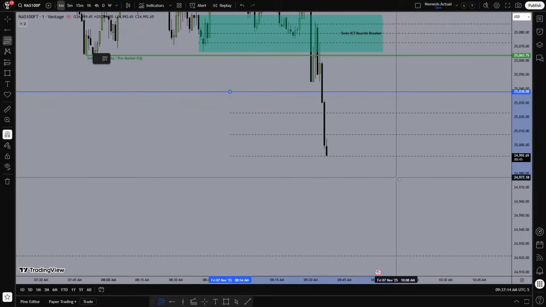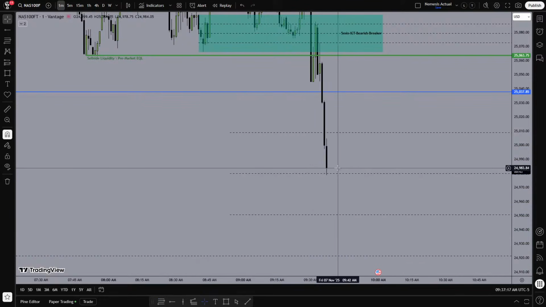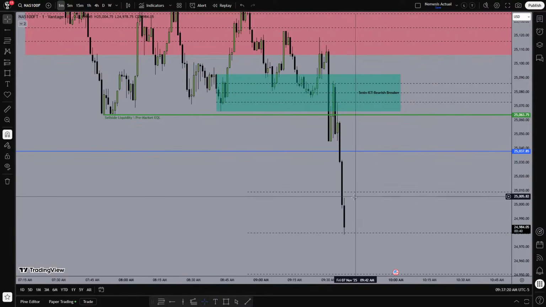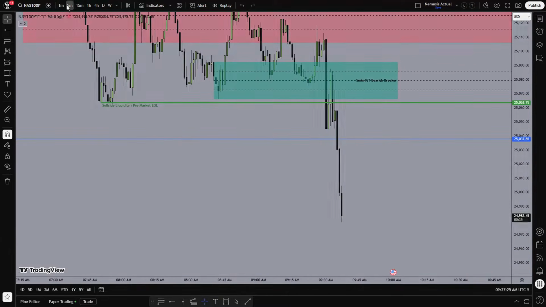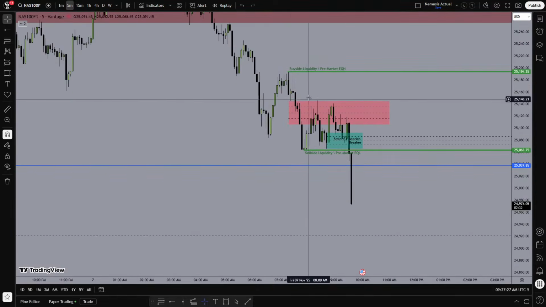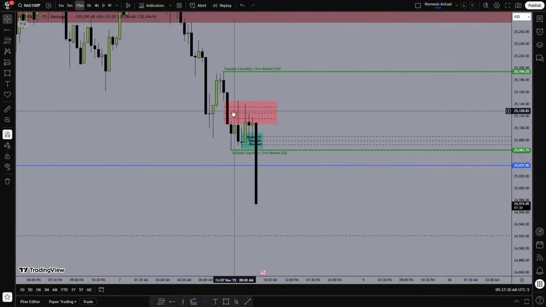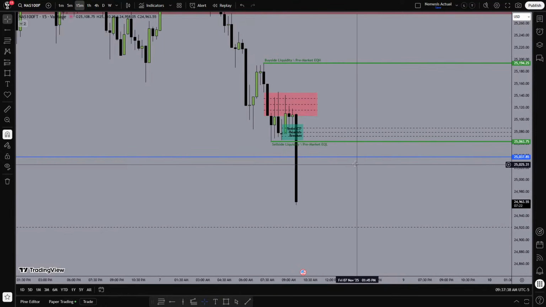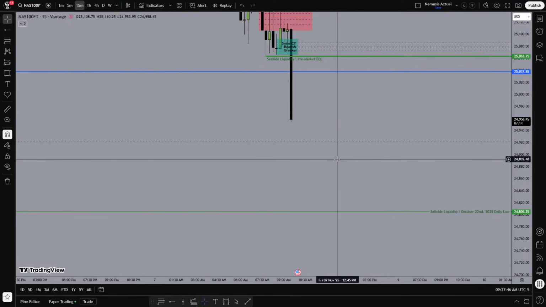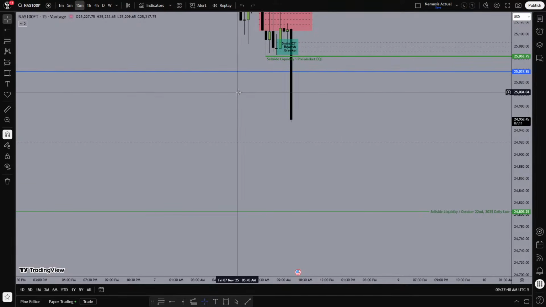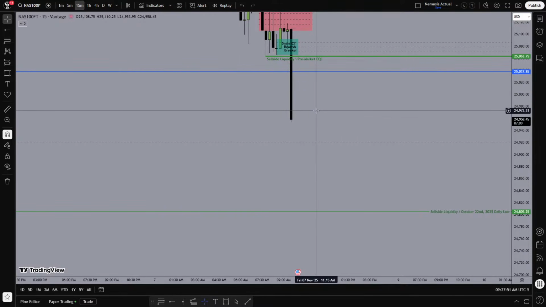And there's that upper quadrant of the wick, so that's a nice area to partial at. So look at these bodies here. So now, because we failed to go higher, now you split this range. So now you have what? Premium to discount. So you're going to be working within this implied yield range of the higher time frame wick.